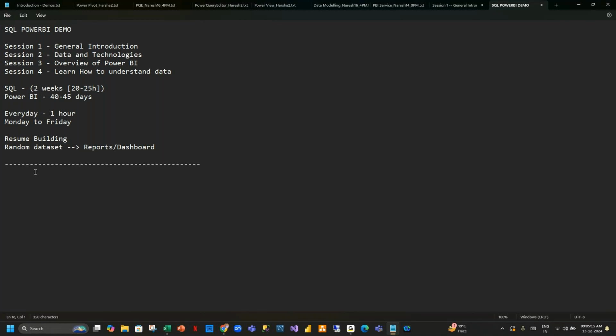So let's get started. Power BI contains two things to learn. First is Power BI Desktop, and we have Power BI Service. First one is Power BI Desktop and the second one is Power BI Service. So whenever you're working on these,